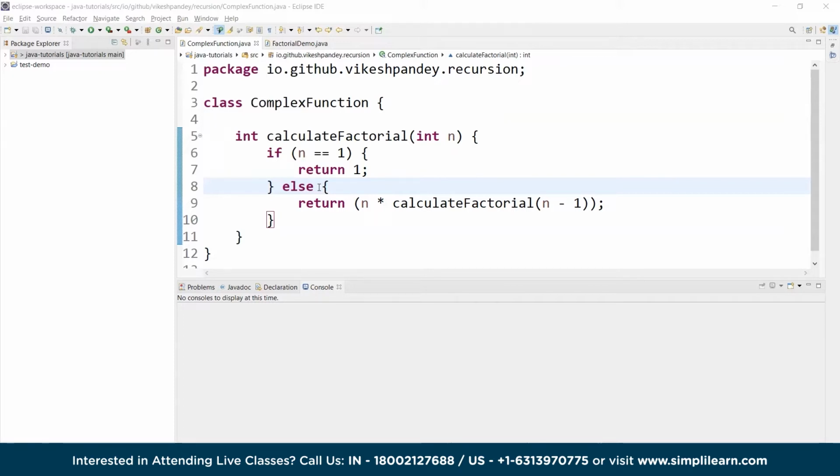Another thing, whatever you can achieve with recursion, generally you can achieve the same output using for loops as well. But when you use for loops, it will require you to write a lot of code. Recursion will reduce the number of lines you need to write and manage in your code. But on the other side, recursion can get a bit complex because it requires an advanced understanding of how methods